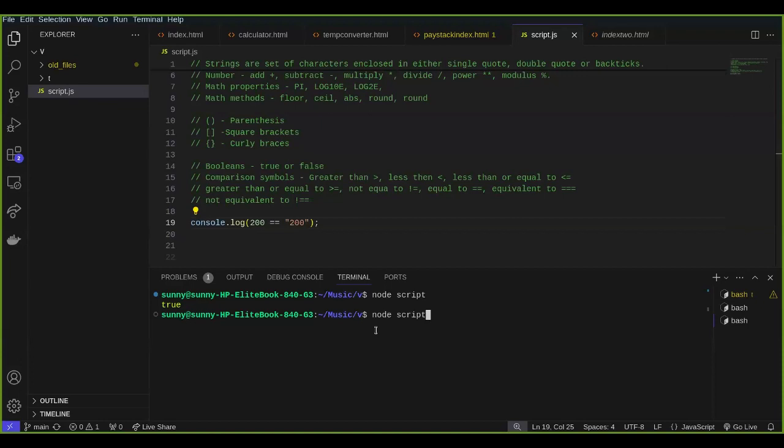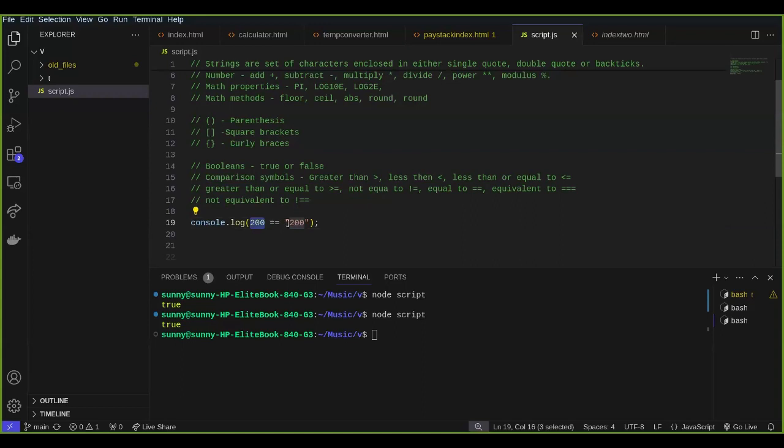Okay. Any other person with any other opinion? No. Okay, so it's true. What is happening is JavaScript converts both of them to a common data type and compares them. Someone might also tell you that JavaScript ignores the data type of one. So let's say this one is a number, this one is a string. It might convert this number to a string and then compare both of them. But the takeaway here is that JavaScript is going to focus more on the values